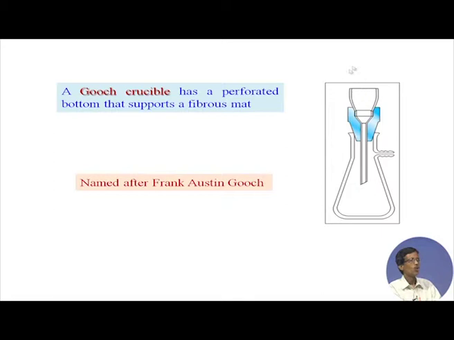On top of it you can put this Gooch crucible and you transfer the precipitate onto it and you just keep on filtering over it. So, this is the arrangement. This sort of arrangement you should all know, what are the things basically you require for filtration using a Gooch crucible, which is different from filtration using the corresponding filter paper.